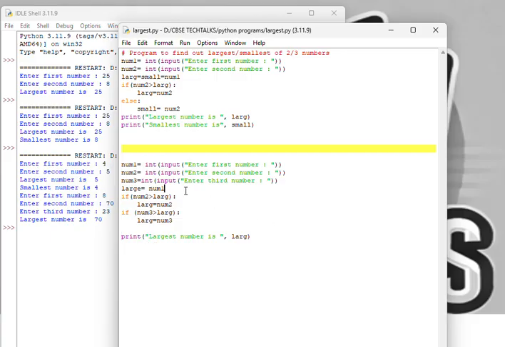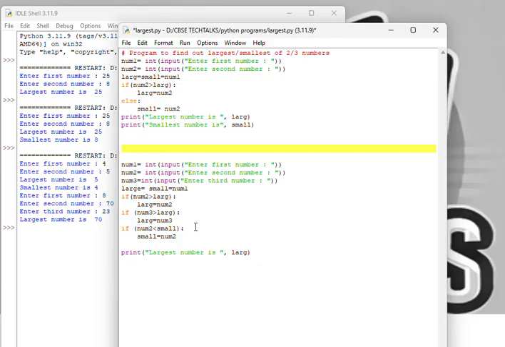So what will you do? Large equals small equals num1, and then you will be checking the same way, the way we have checked. If num2 is smaller, because we are checking for small, then small will be equal to num2.